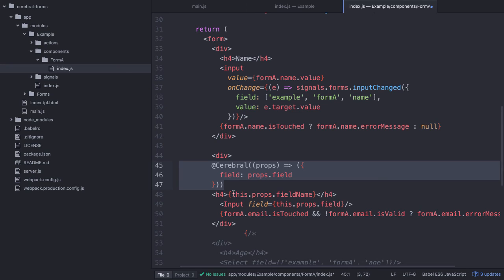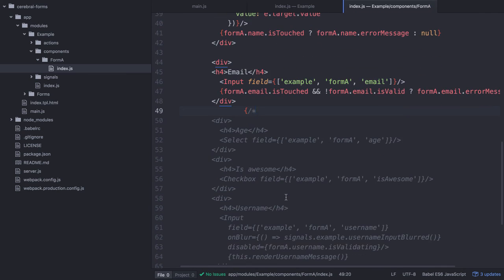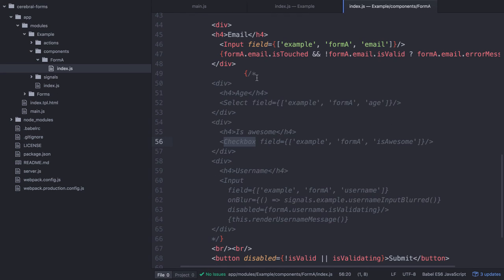And then I would use other properties like a field name to create a header label, and I would display the errors any way I want. So the point is that we can keep on abstracting this, but we have this low-level API that lets us do anything we want, really. So let's remove all this stuff like that. And then we have, okay, so I just have different abstractions here for select and checkbox. And then we have this asynchronous thing where, well,